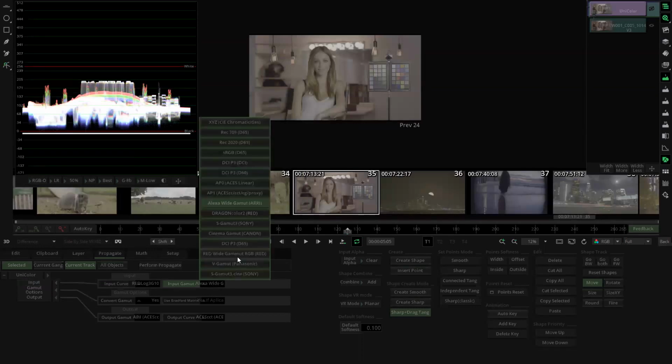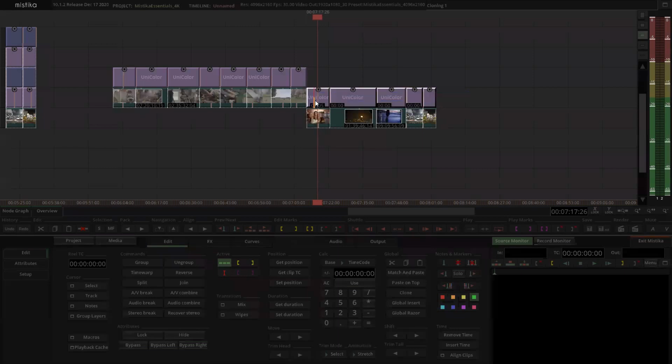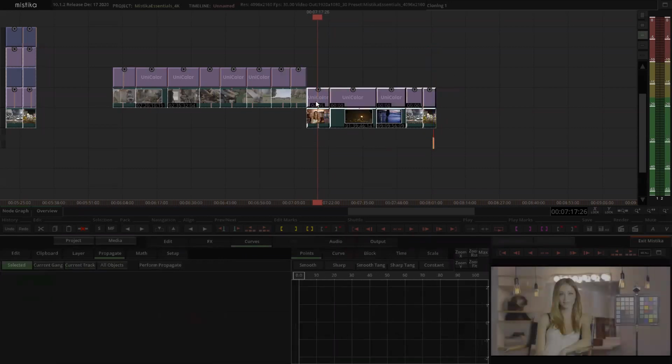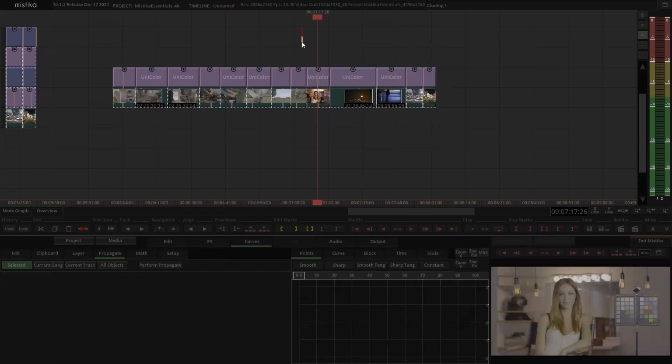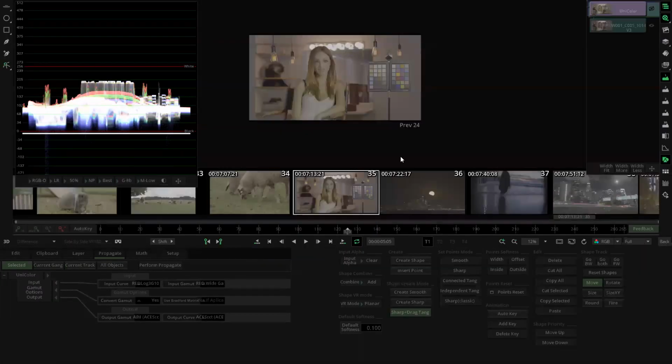Input gamut is going to be Red Wide Gamut RGB. And as well, select it, click on the clip that I want to propagate, and propagate selected. And there we go. Now all my clips are now in ACEScct AP1 working